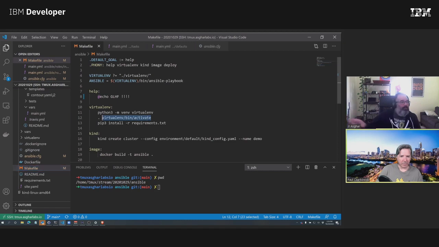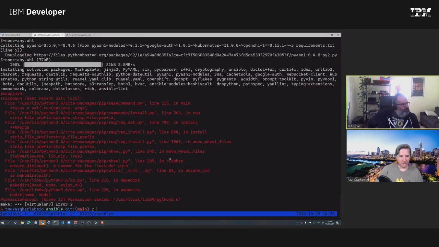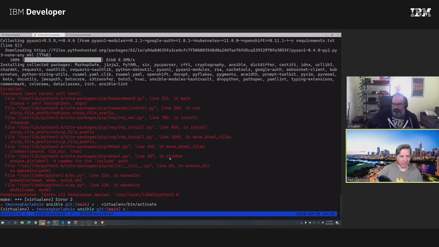You can see here I activate it. Yeah, Lost Algorithm asked, did you activate the virtual environment? Here's my activation. I think it's the install that's broken, isn't it? Well, I'll just run the commands manually.